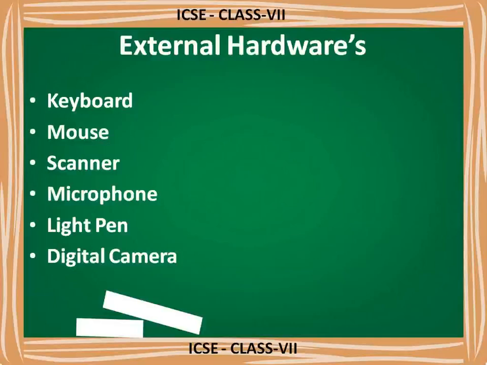So digital camera. This digital camera is quite similar to a traditional camera. In a traditional camera, what happens? There was a film roll, and in that film roll the captured photo used to get saved. But that film roll was replaced by a memory card. So now that is a digital camera. Now when we capture a photo, that photo gets stored in the memory card.